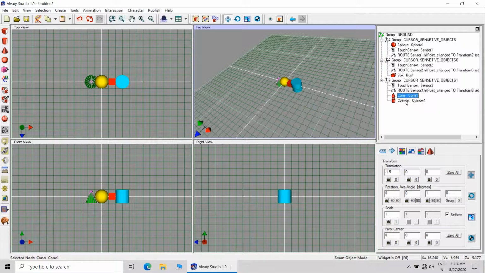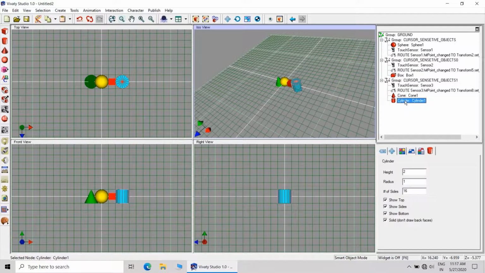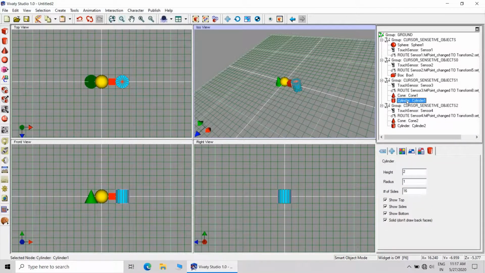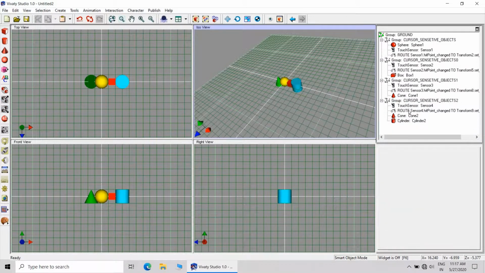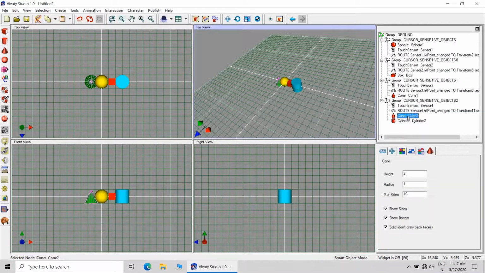So this is how we can control the VRML objects with the mouse cursor. Exactly how it happens I do not know, but this logic works.